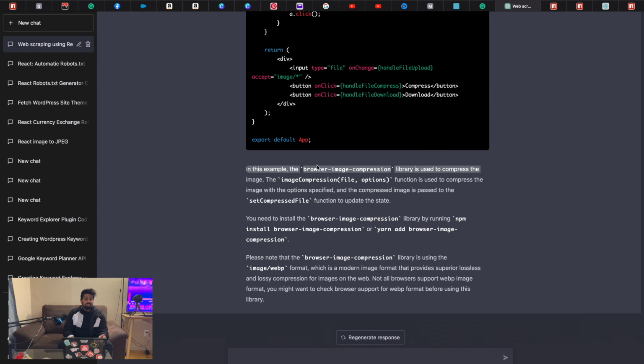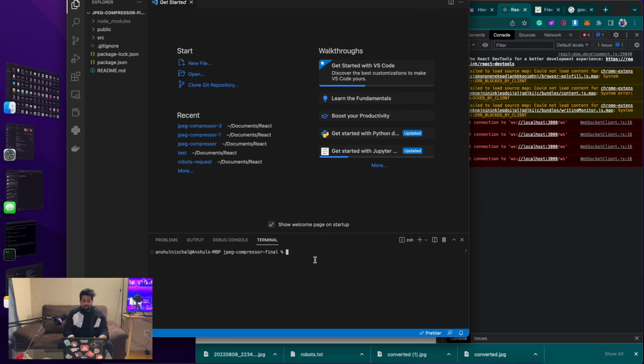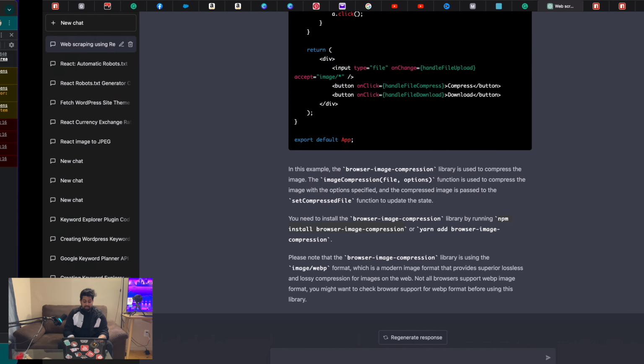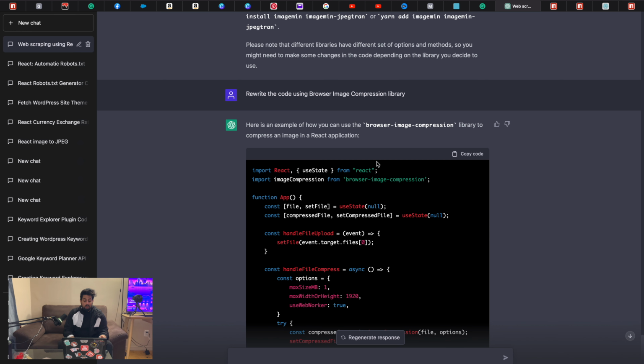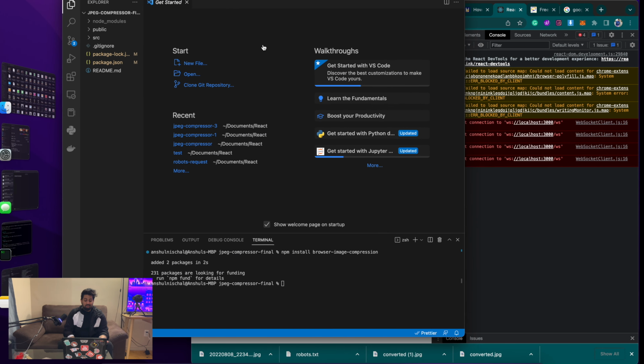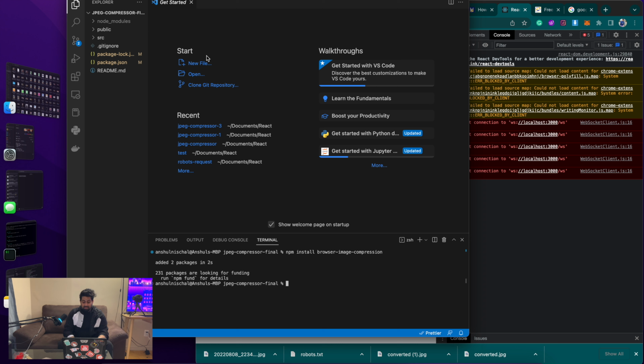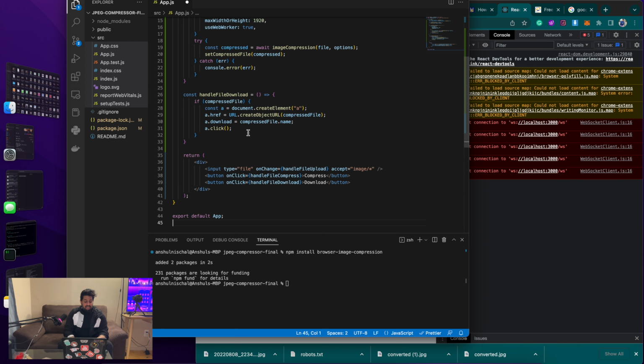And now let us go to chat.openai.com, find the browser-image-compression library, copy it, go to our terminal and type npm install browser-image-compression. It will take some time to download the libraries, and here we go. Now we can go back to chat.openai.com again and copy the code. As you can see over here, I have copied the entire code as it is with no changes whatsoever,